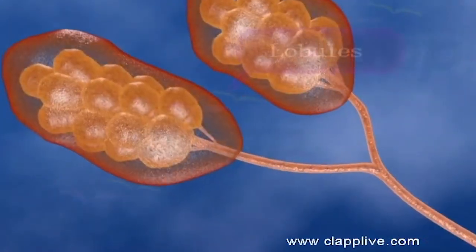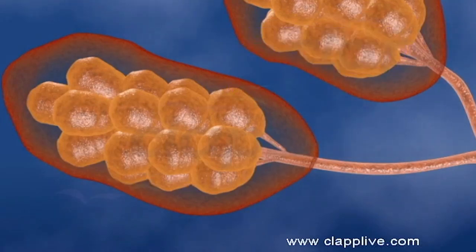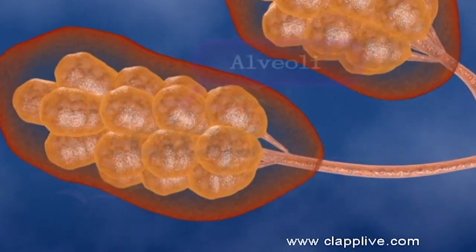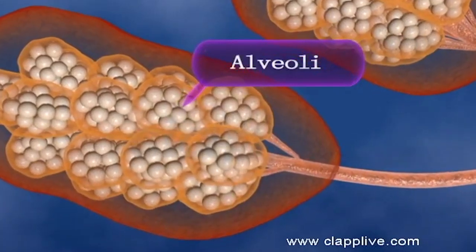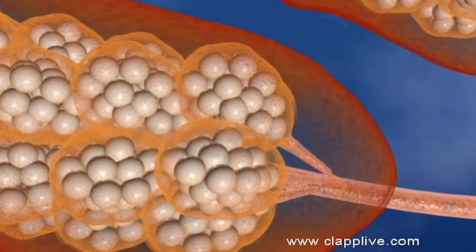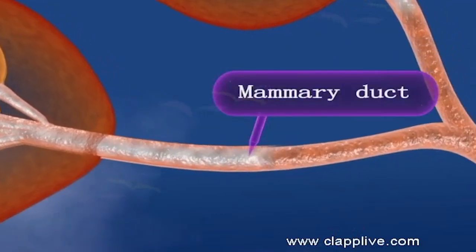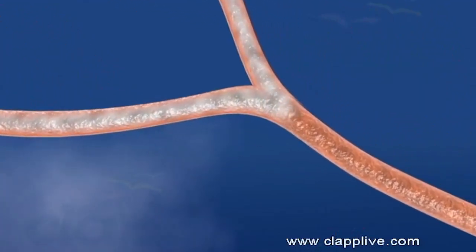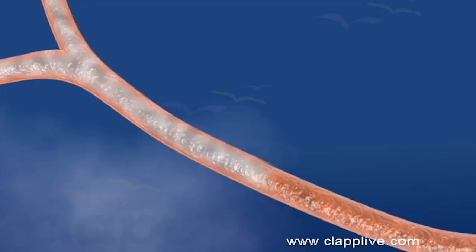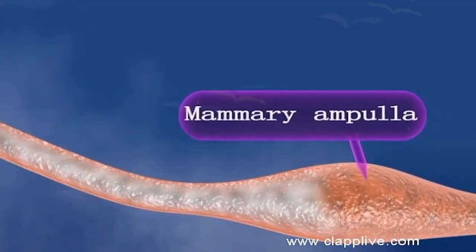Each lobe is made up of a number of lobules. Each lobule is composed of grape-like clusters of milk-secreting glands termed alveoli. When a baby sucks the nipple, milk is produced in the alveoli. Milk passes from the alveoli into the mammary tubules and then into the mammary duct. Several mammary ducts join to form a wider part, the mammary ampulla, lactiferous sinuses, where milk may be stored before